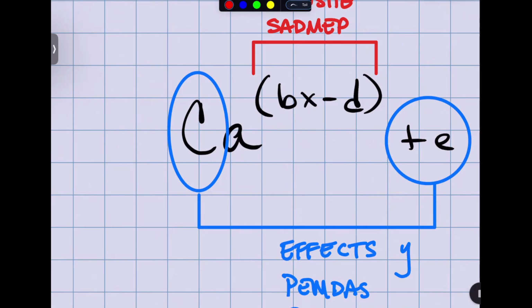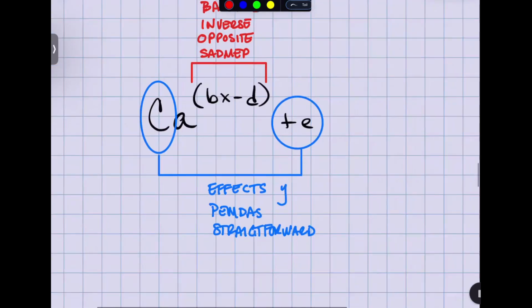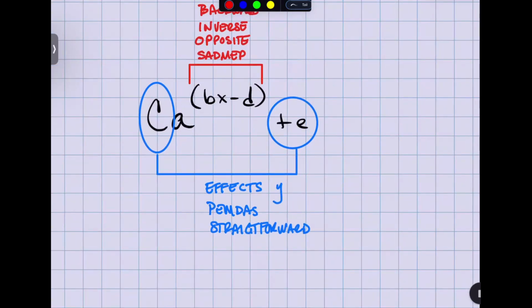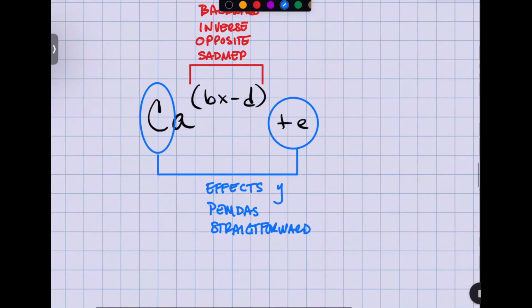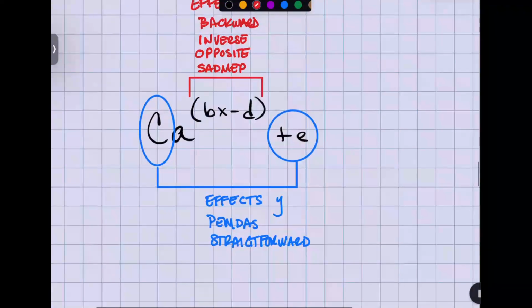If C was negative, what does it do? Yeah, it affects the y value. So the y value went from positive to negative. So it has to reflect over the x-axis. Does that make sense? Okay? I should probably write that down. So negative b